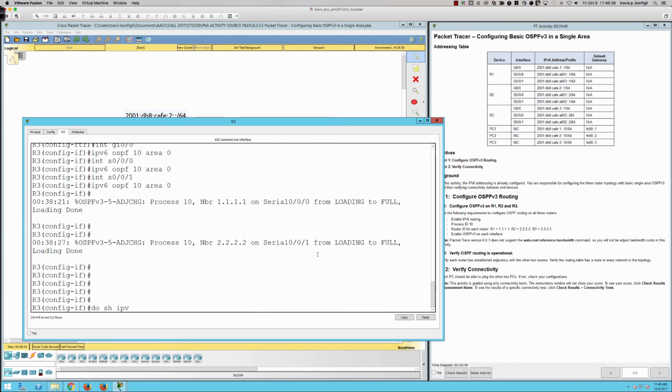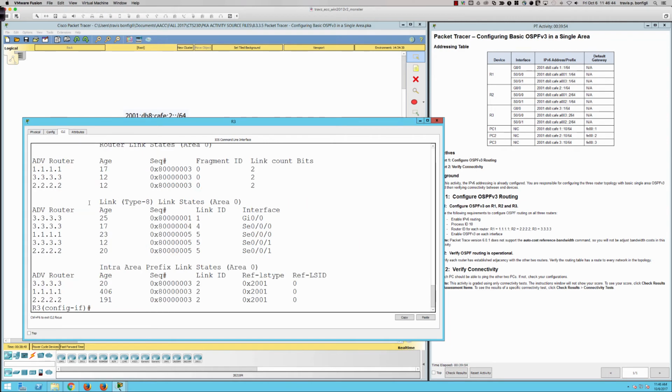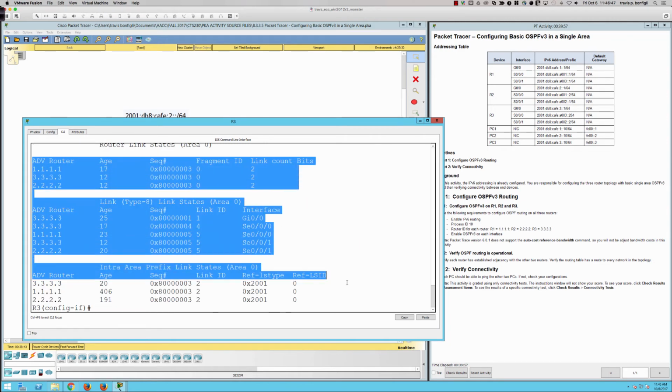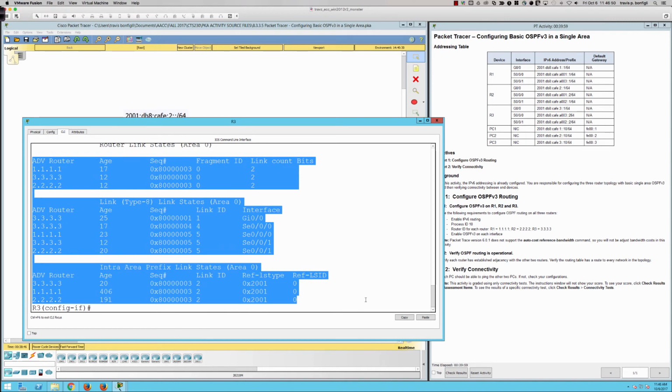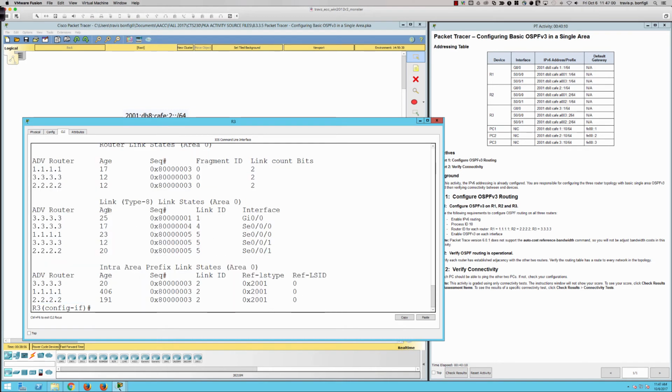And again, do show ipv6 ospf database. From an OSPF perspective, there is my link state database. I know everything about everybody. And this is not true when we're talking about distance vector routing protocols. In fact, look at this. Here are the links. So take a look at who the advertising router is. So there are the 2 links for router 3. Here's the single link that I know about from router 1, and actually there's a 3rd link from router 3 here,